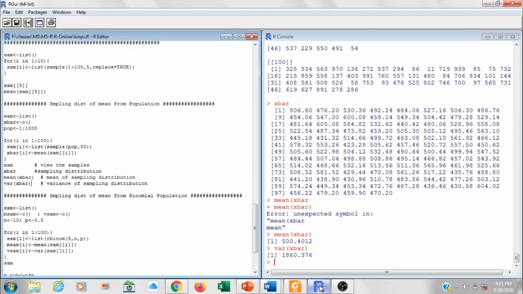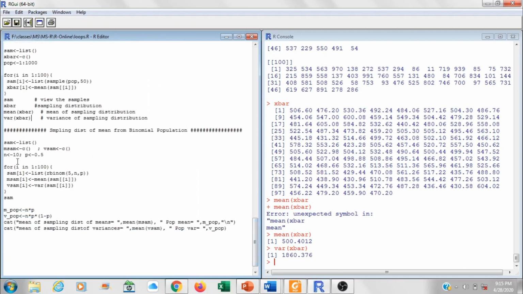Let's get back to the R console, and this is the similar code which we were discussing just now.